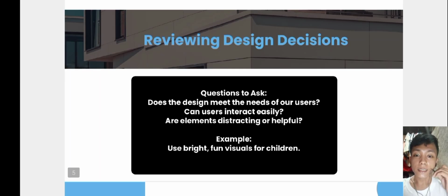Okay, the next is reviewing design decisions. So the question is, does the design meet the needs of our users? And also, can users interact easily? Or are elements distracting or helpful? So yung point kasi dito,